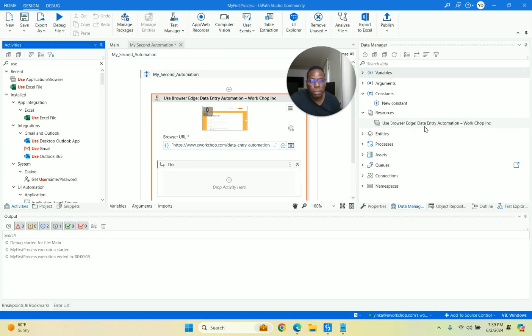So resources refer to things that are used and shared, like this application we're trying to access across the automation. That will be a resource, and it just automatically logs it under there. It could be a shared folder. There are many scenarios, but in this case, it's a browser that we're going to use very frequently in our